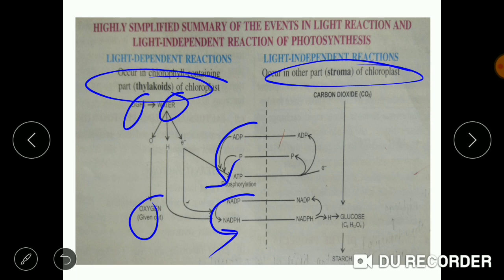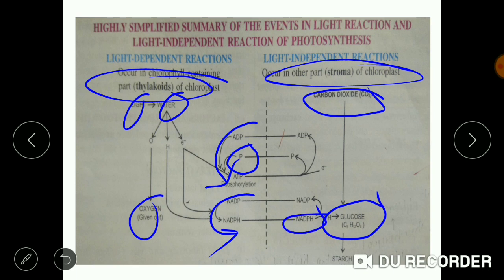which happens by the addition of a phosphate group. Electrons help in the conversion of ADP to ATP by adding the phosphate group to ADP. Now, in the dark reaction, the CO2 is getting fixed into glucose molecules, and during this process NADPH and ATP are getting utilized. These glucose molecules can later be stored as starch.